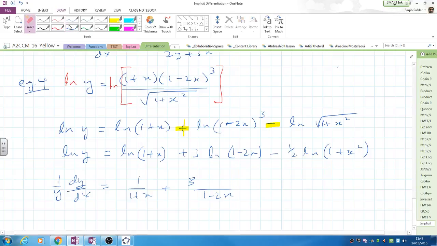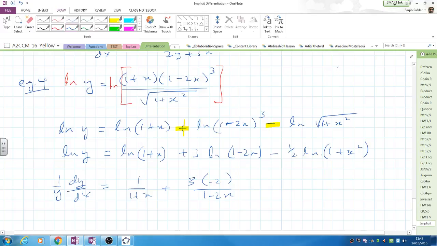So don't forget that part. That's where you're doing the chain rule. I'll put down the minus 6 just so people can see where it has come from. Essentially what we've done is the chain rule, and you can write that out step by step if you want. ln of u, and then dy over du times du over dx. dy over du is going to give you 1 over u. du over dx is going to give you minus 2. So it's minus 2 times 1 over u. And then finally,